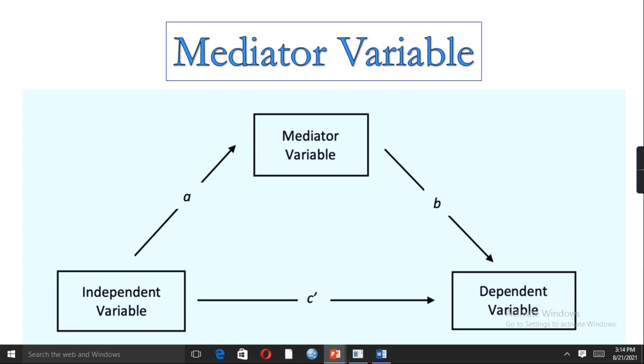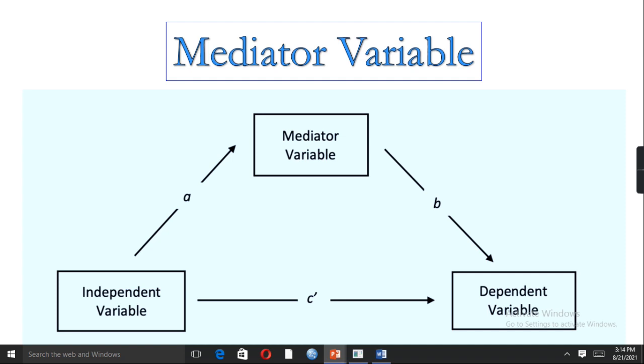The picture depicted here shows the relationship of three variables, that is independent, dependent and mediator variable. We can see that the independent variable directly impacts the dependent variable. However, as we discussed earlier, the mediator variable is basically inspired from the independent variable. We can see this arrow started from the independent variable towards our mediator variable. And if we see the second arrow, the mediator variable impacts the dependent variable as well.